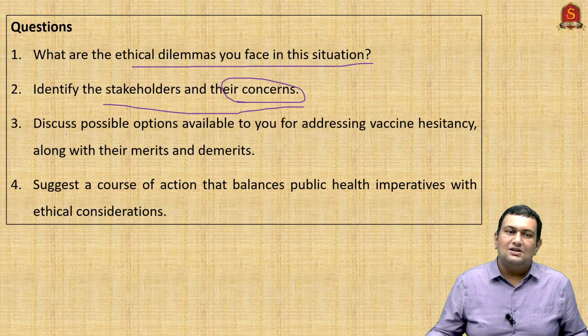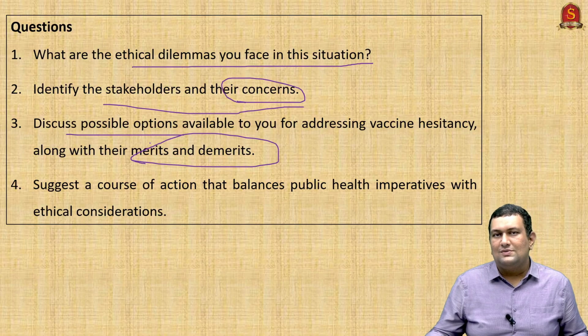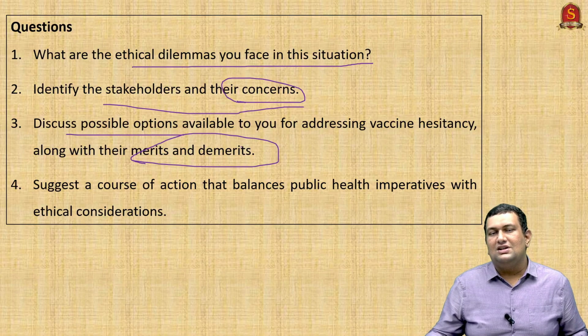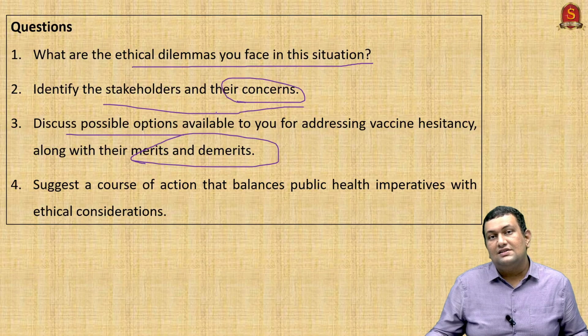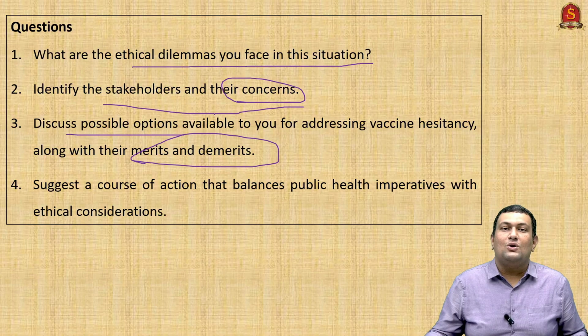Third is to discuss the possible options available to you for addressing vaccine hesitancy, along with their merits and demerits. So you have to mention the possible actions along with their merits and demerits. The first one, for example: I will enforce strict implementation of this vaccination drive. The possible merit is that you can prevent deaths. The demerit is that you may face stiff resistance from the public,